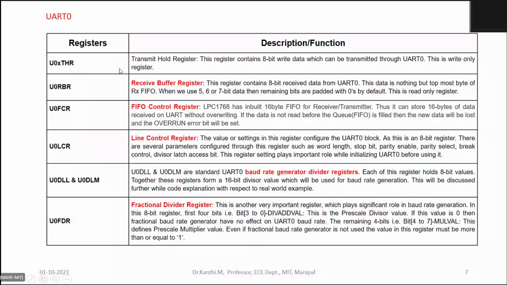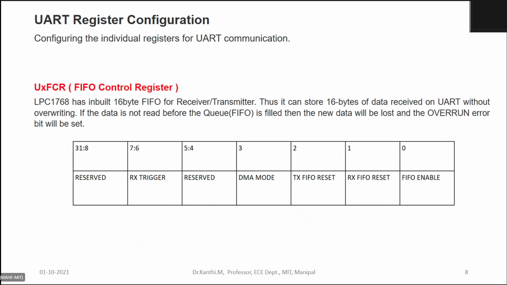The data which you are going to transmit will be written in the transmit hold register, and the receive buffer register will hold the data which is received. Depending upon the data format, that is the packet or frame format which you use for the UART, you can get the data through it. The receive buffer register will hold the data which is received, and the FIFO control register,